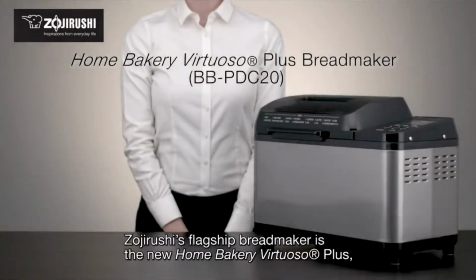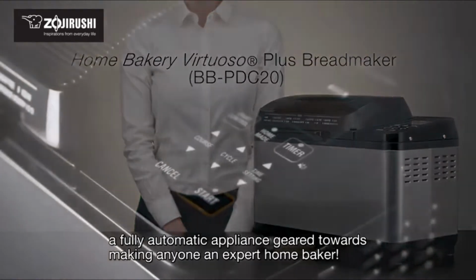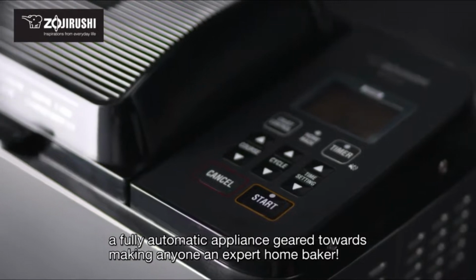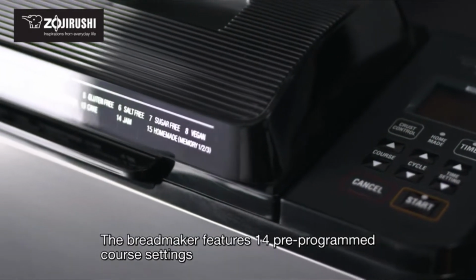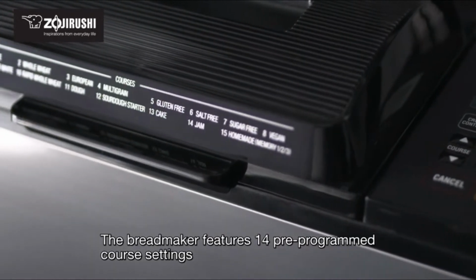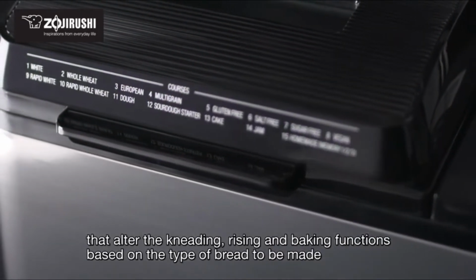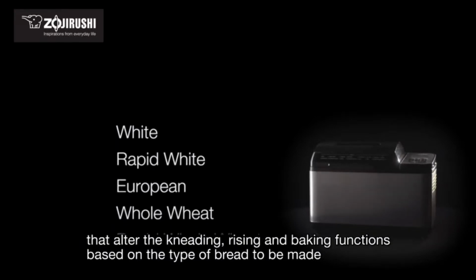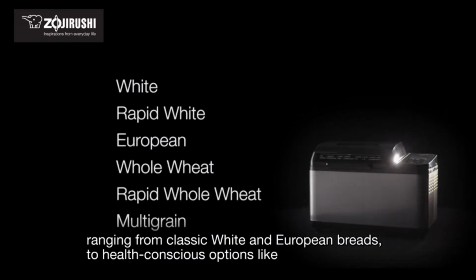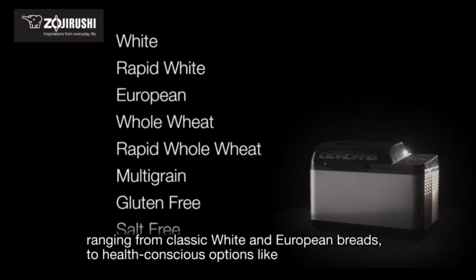Number 1. Various healthy course settings include multigrain, whole wheat, rapid whole wheat, gluten-free, salt-free, sugar-free and vegan. Double kneading blades thoroughly knead dough for superior results. Dual heaters on the bottom and lid of the bread maker promote even baking and browning. Rapid courses allow you to bake a loaf of white or whole wheat bread in just 2 hours and 25